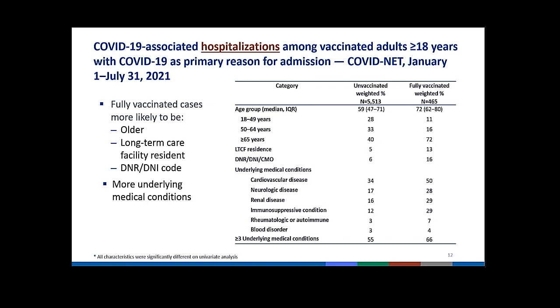This table shows characteristics of unvaccinated and fully vaccinated hospitalized cases and highlights statistically significant differences in demographics and underlying medical conditions. In general, fully vaccinated persons were more likely to be older, with a median age of 72 compared to 59 in unvaccinated persons. 72% of breakthrough cases from January to July were greater than 65 years of age, compared to only 40% in